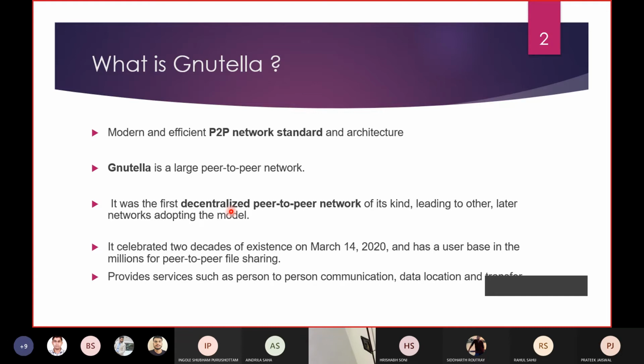So what is the comparative analysis by which a user will accept Gnutella or BitTorrent, and why? And if not, why? Sir, BitTorrent is a hybrid P2P protocol, right? Because we have a torrent server also. So it is a centralized server, the torrent server.